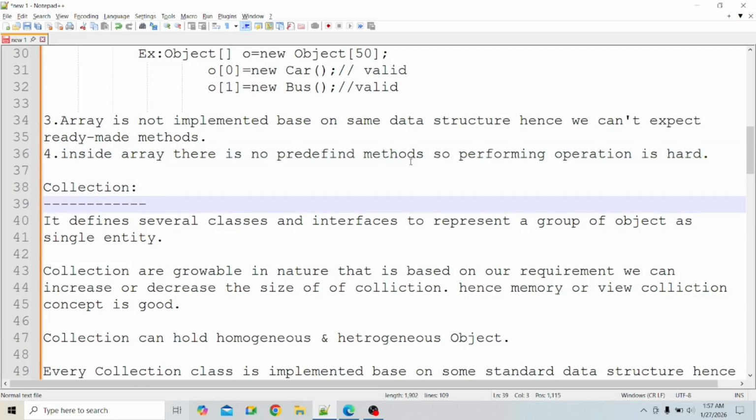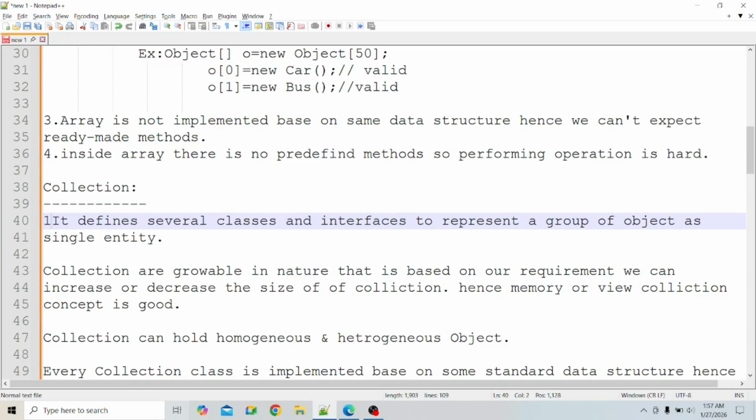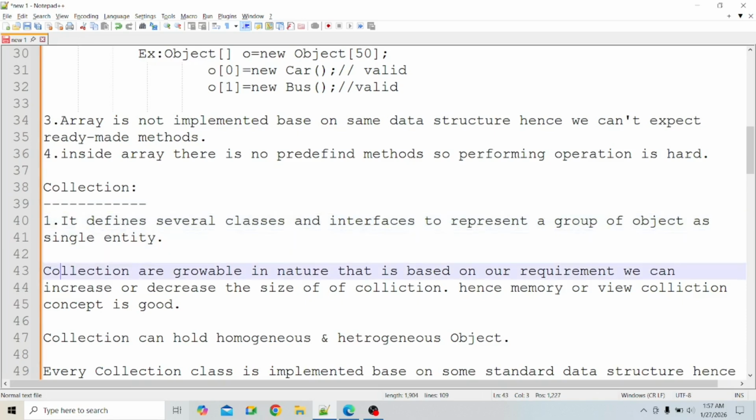Okay, so what is a collection? Collection defines several classes and interfaces to represent a group of objects as a single entity. It is the first point. Second one, collections are growable in nature, that is, based on our requirement we can increase or decrease the size of the collection,